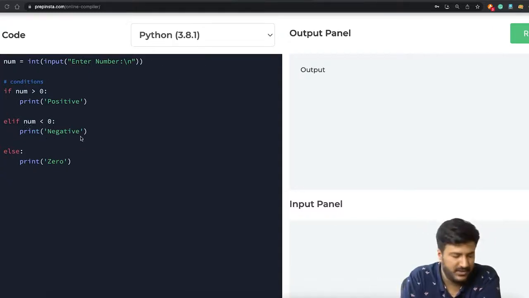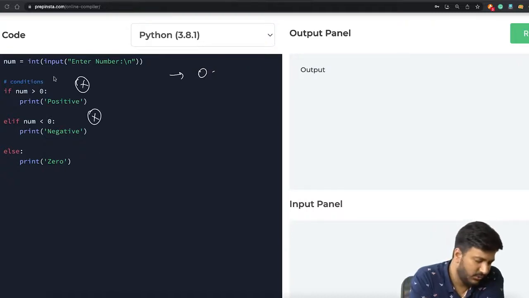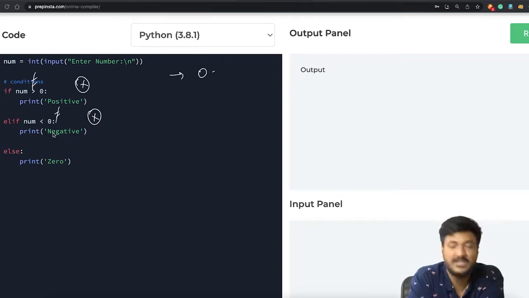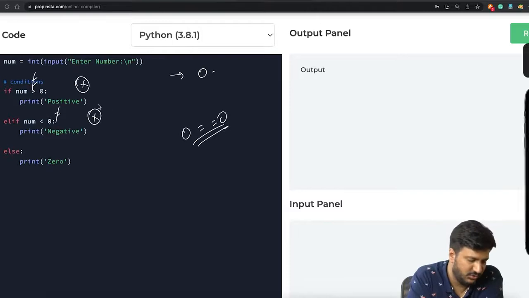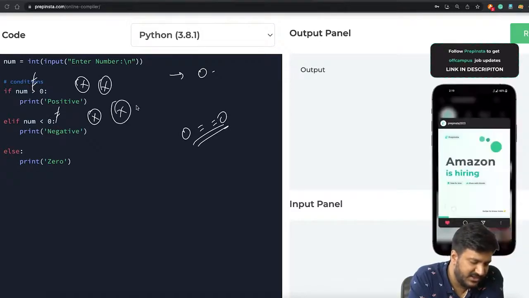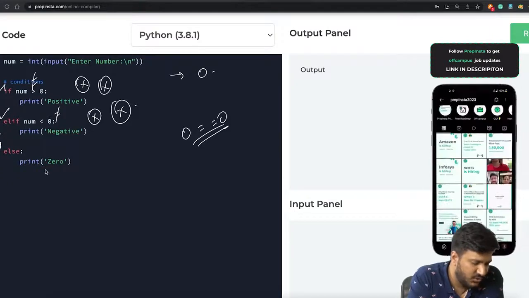Now, let's say the user would have entered 0 as a value. So obviously this will not satisfy this condition, and will also not satisfy the next one, because obviously 0 is not greater than 0, and 0 is not smaller than 0. Actually 0 is equal to 0. So this condition is not satisfied, and this condition is not satisfied. So the program flow, after checking, falls here,